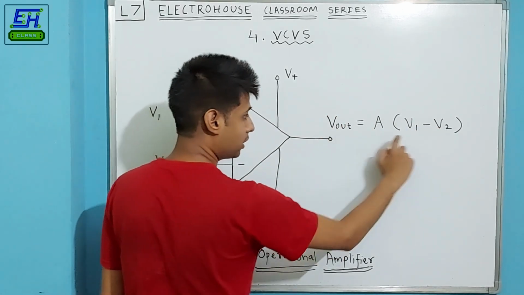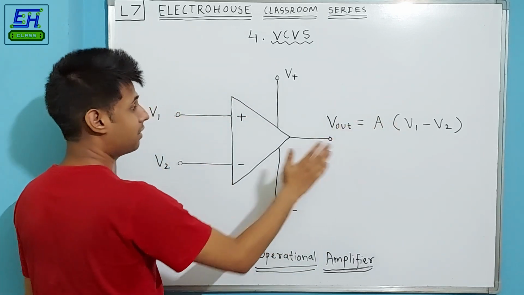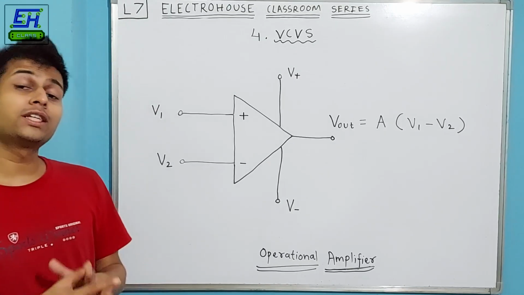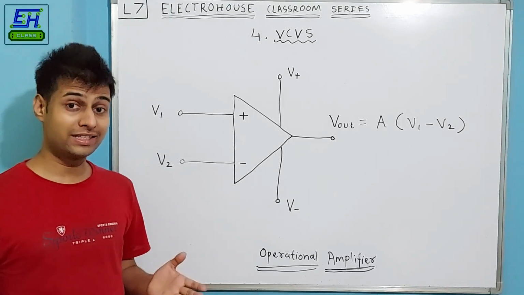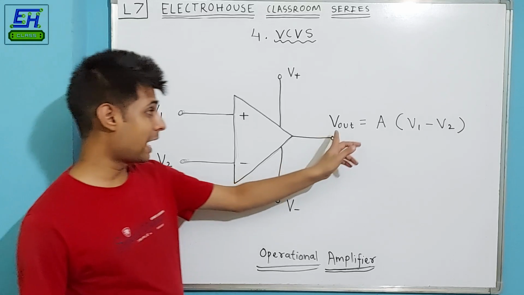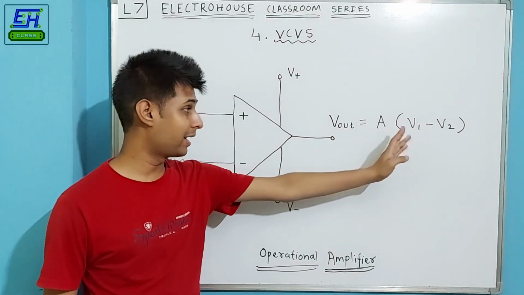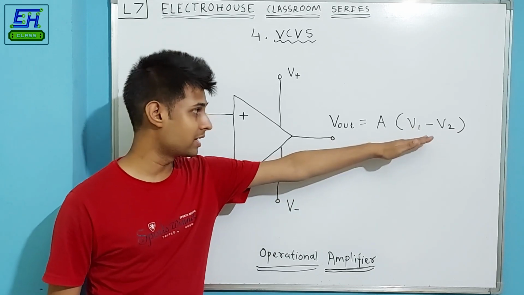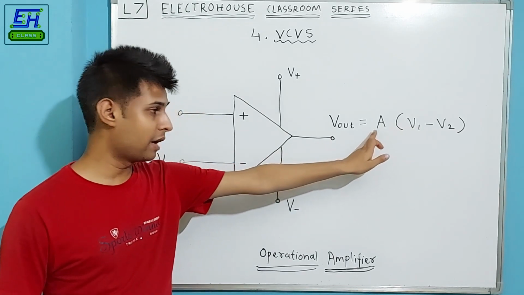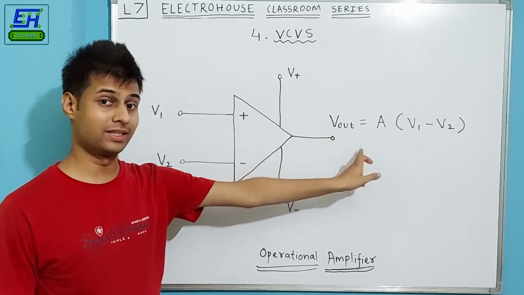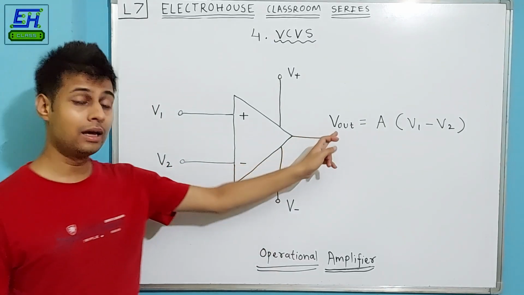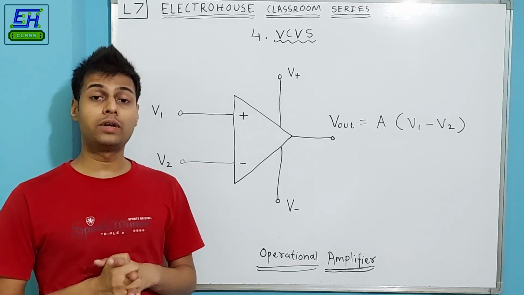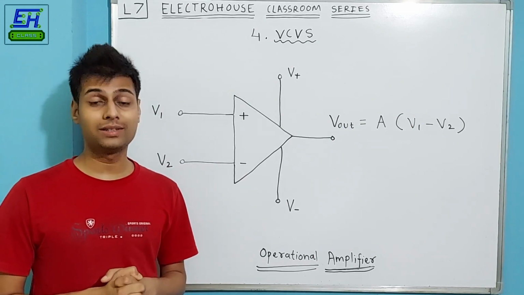The output voltage is actually controlled by the input voltage, and that's why we can call it a voltage controlled voltage source. Now a voltage controlled voltage source can be called a voltage amplifier, because we are actually amplifying our input voltage. We can consider V1 minus V2 as our input voltage, that is our differential voltage, and we are amplifying it by a factor of A and getting our output voltage. That's why we can consider it a voltage amplifier. And so it can be used to amplify the voltage outputs of a sensor for further processing.